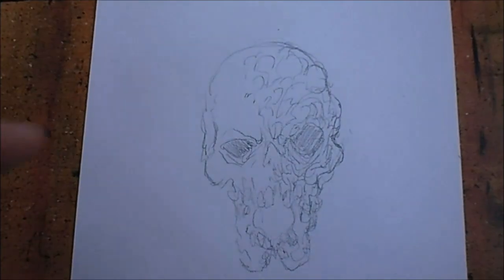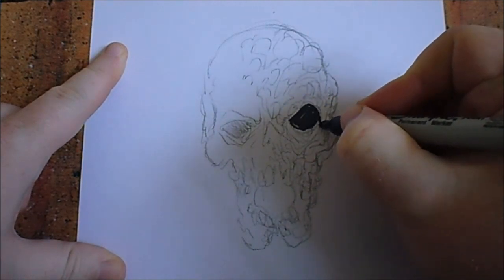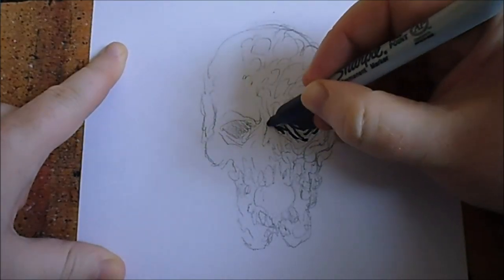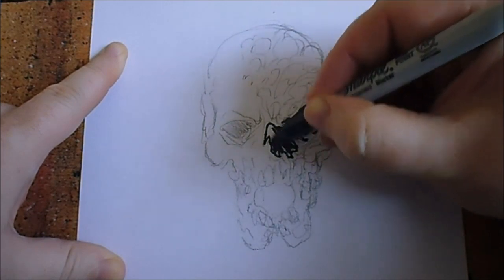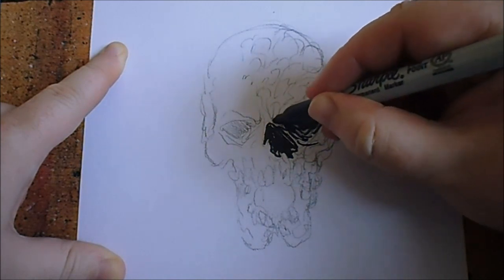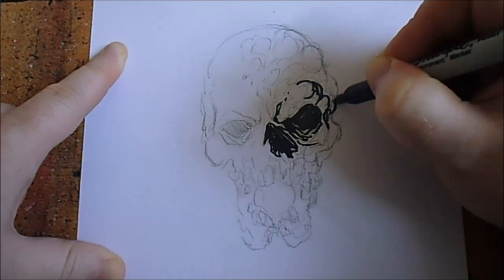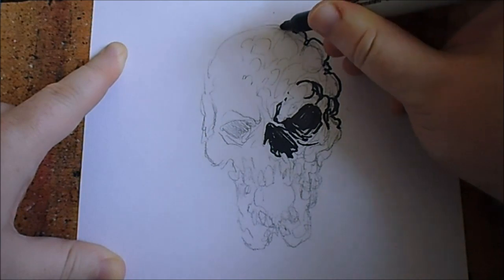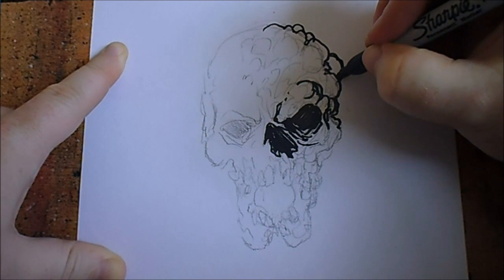So I use a Sharpie marker just to fill in a lot of the black areas, and then do some thick lines all close together around the eyes, and fill in that nose socket there. As you can see, it's twisted to one side, so that makes it more mutant like, I suppose. Try and outline a lot of these tumors or whatever, mutant style